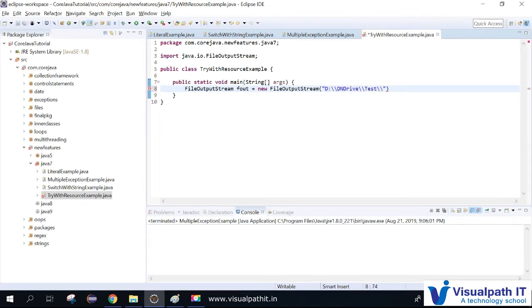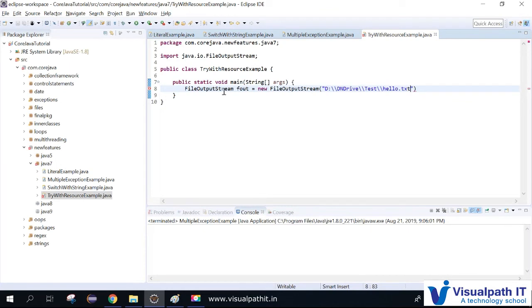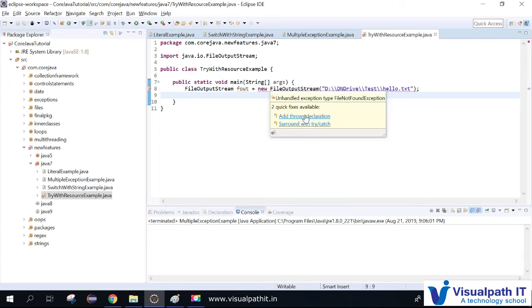There I'll write a file name, hello.txt. So here we'll be expecting that file to be saved. I'm just creating a file, and then I'm trying to write. This will show a compile time error with exception, because we should handle it with a try catch block, or we should throw an exception. So let us add a try block, because we have to handle it with try catch.